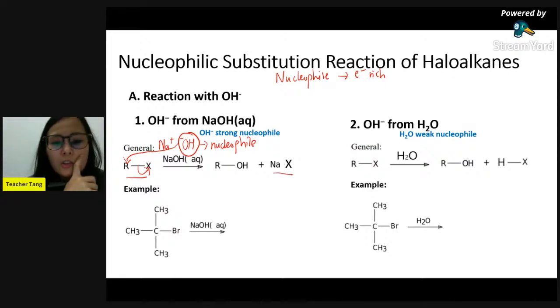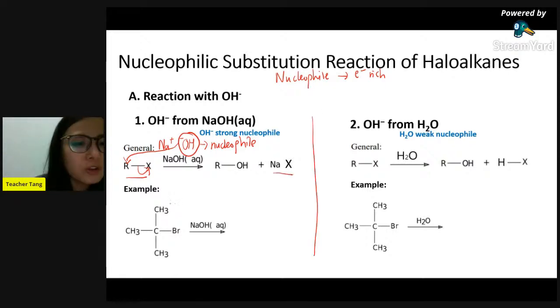So for example, this haloalkane reacts with sodium hydroxide. First, you must know sodium hydroxide is an ionic compound. Which part of the ionic compound is the nucleophile? It is the hydroxide ion. Then in your haloalkane, where is the carbon that is partially positive charged? It is the one attached to the halogen. So the nucleophile will come in, attack this carbon, and kick out the halogen. And the product that you get will be